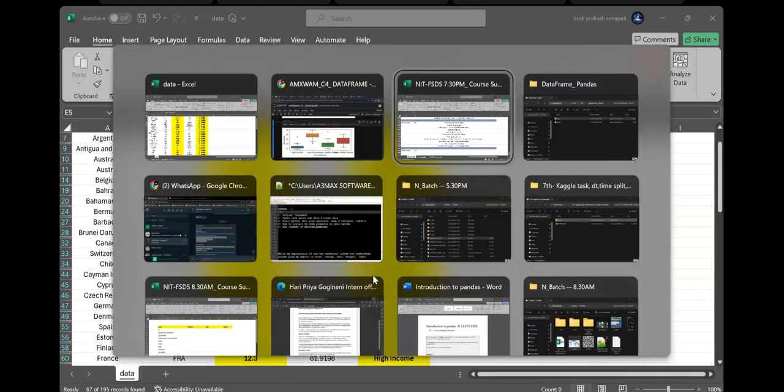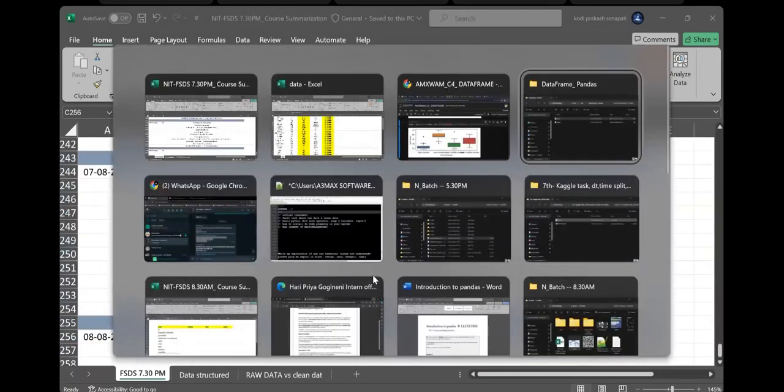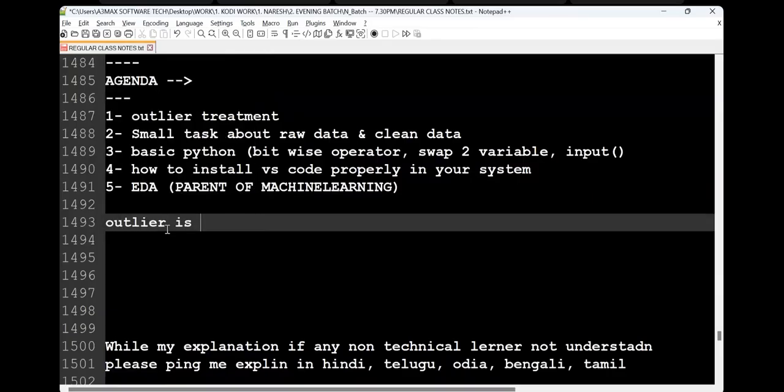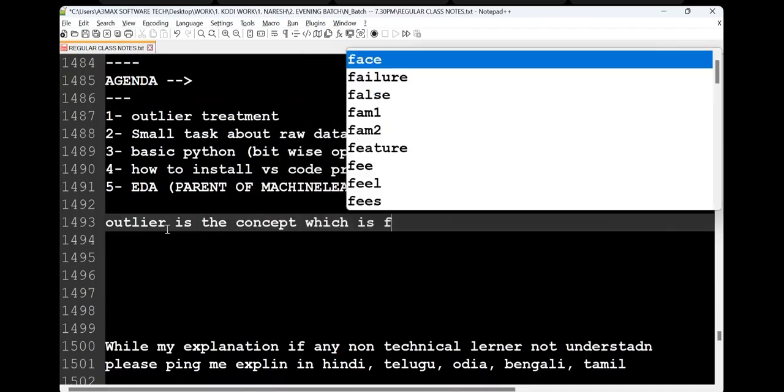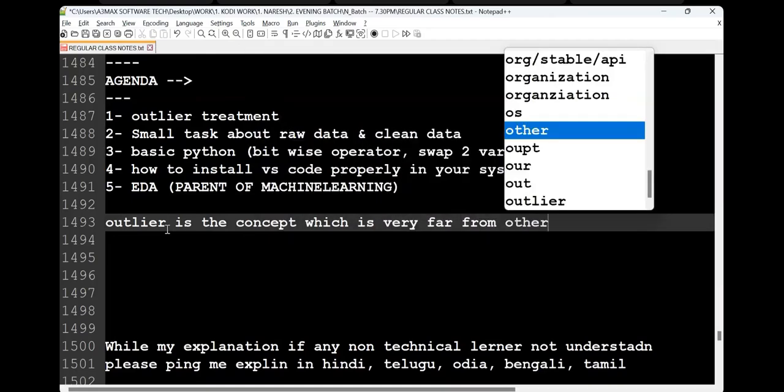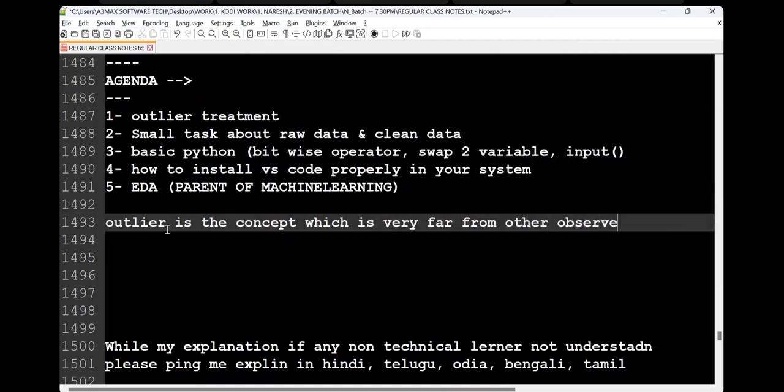What is an outlier? I will mention it. In statistics, an outlier is a point which is very far from other observations, guys. Understand? I mean to say, let's say here we have two groups.